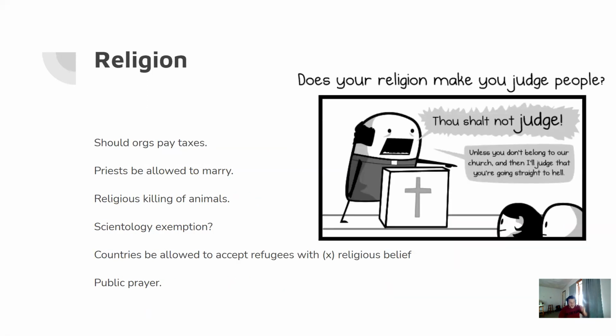Up next is religion. Religion is kind of unique, and you can give a religious speech on kind of any of the angles that you want to take it. From something as basic as religious organizations should have to pay taxes if they make a certain amount of income, which could be a very persuasive and easy speech to do, or things that we don't